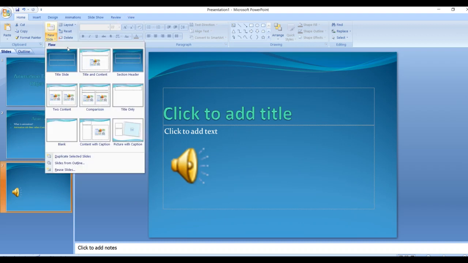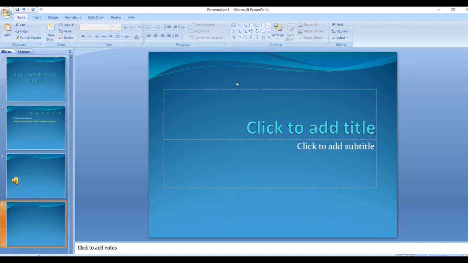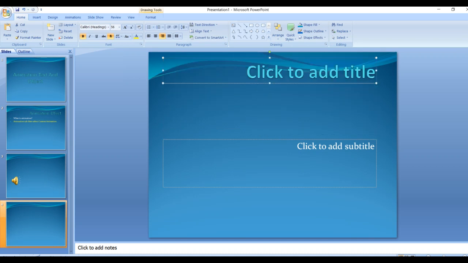Now how to add a video to my slide? I just want to insert a video to my slide. So let me show you that also. Suppose I am giving here the topic as story, a short story. I want to see that story in my slide.